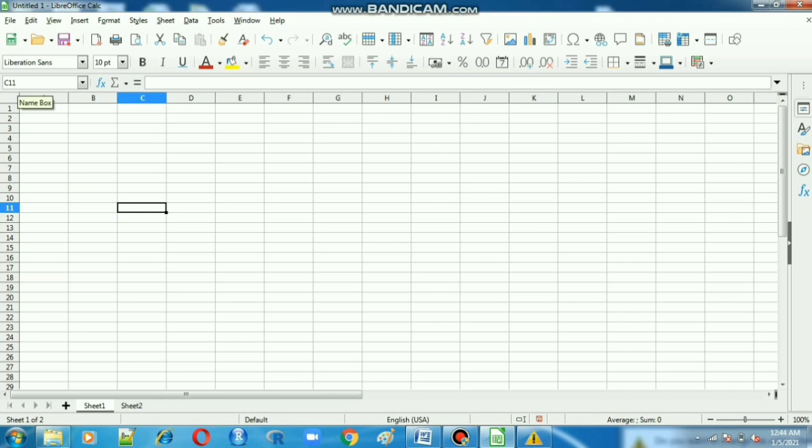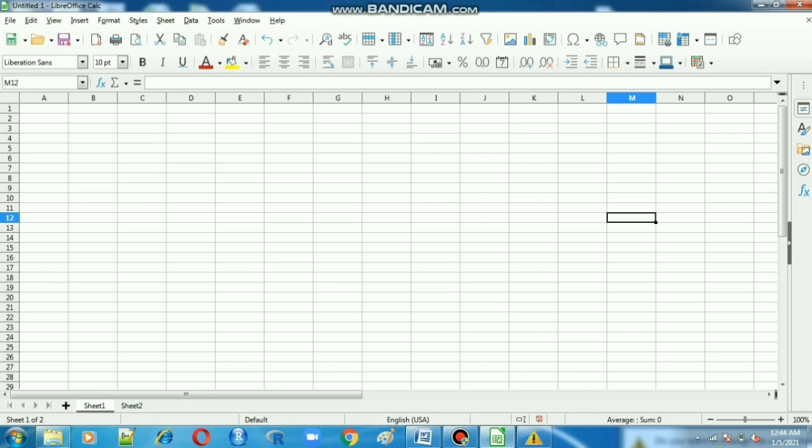So now what is the cell address? Column name is B, row number is 3, so B3. Very good students, like that we have to find everything. Now what is the cell address? M12, that is the cell address. Like that only we have to find out.